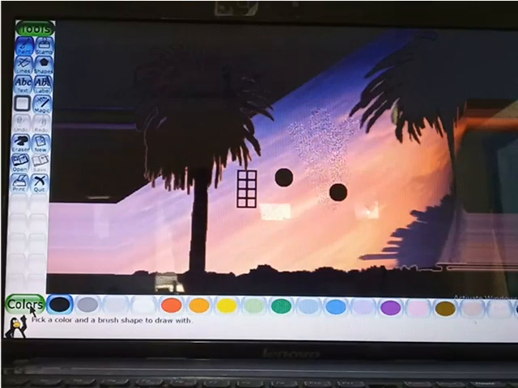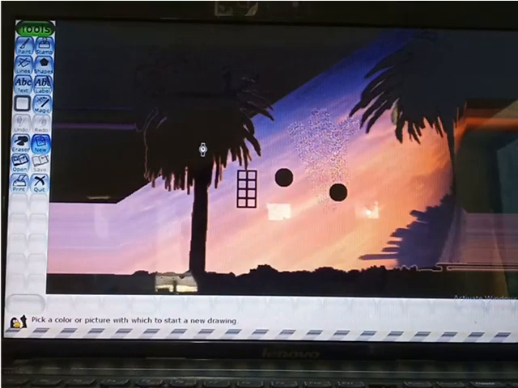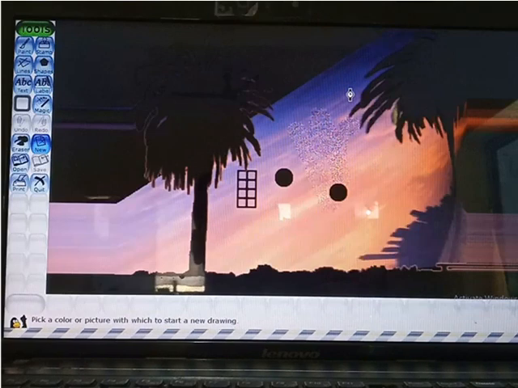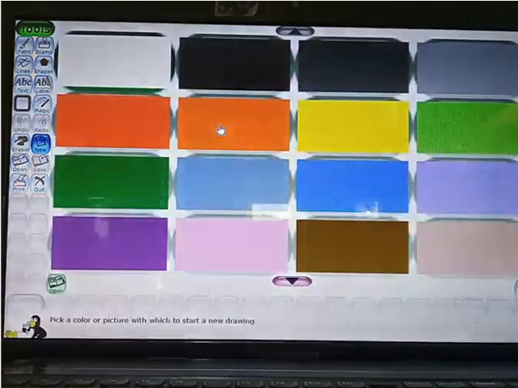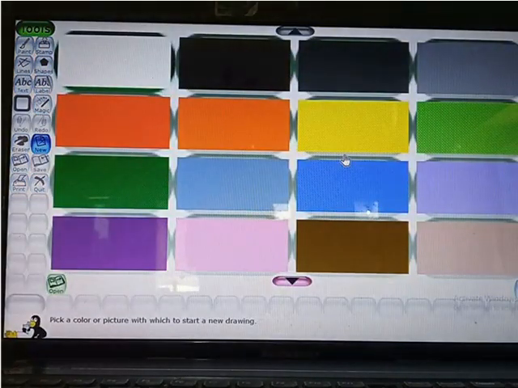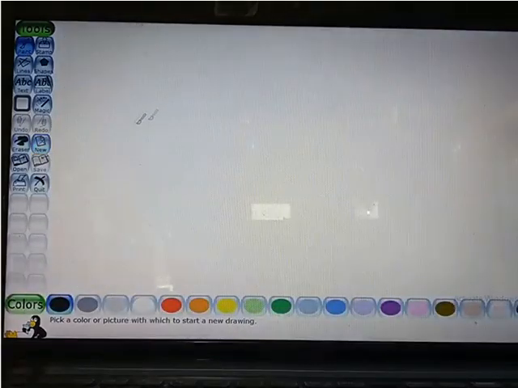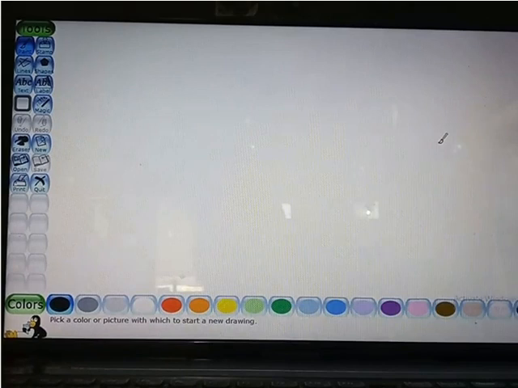First, we need to take a blank page. This is one of the figures which I drew already. Whenever you open this, it will come as a new one. As I have drawn this one earlier, that is why it is showing. Whenever you open this, it will show blank, like this one. This type of blank screen it will open.